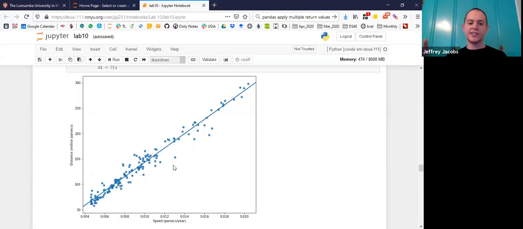And you would start to see a pattern: if your line was up here, it would be way over predicting everything, right? So you'd say, okay, I want to make the slope lower, but then your line might be down here and it might be under predicting the distance for all the speeds, right? And so eventually you would see that there's exactly one line you can draw that's the line of best fit. It balances under predicting some with over predicting others to optimize the error, right? It's the lowest possible error,